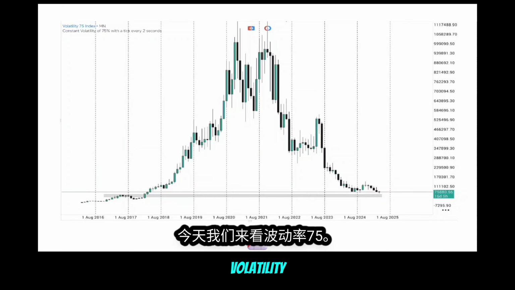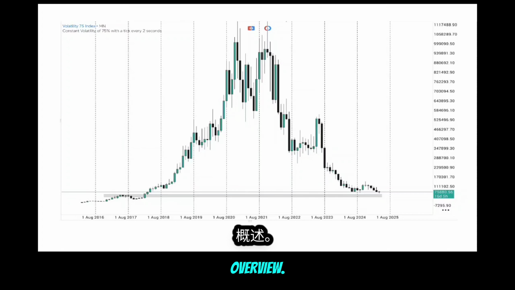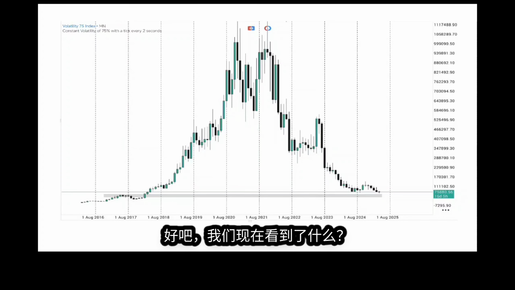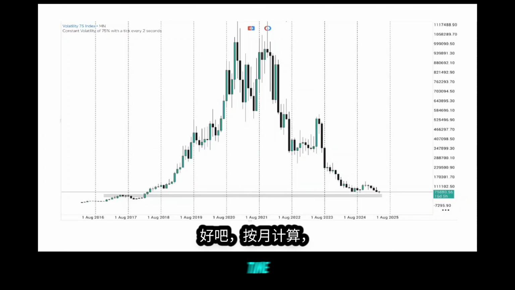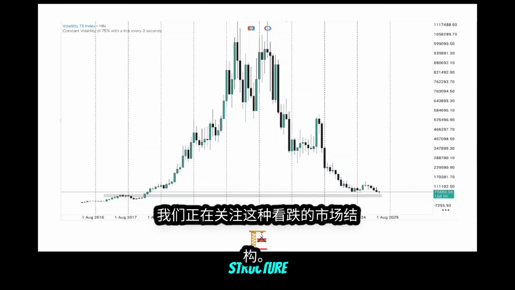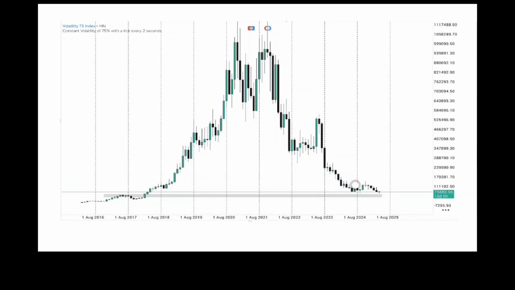Today we are looking at volatility 75. This is the monthly time frame overview. Okay, so what are we seeing now? Currently we still stand in a bearish market structure. On the monthly time frame we are looking at this bearish market structure hanging right in here, and currently we can clearly see that